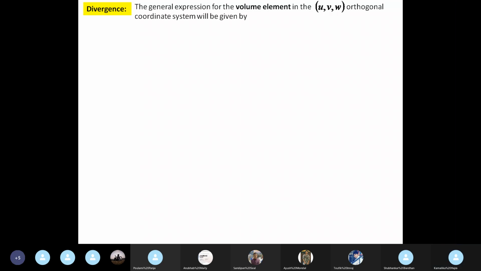Okay. Now we know that the general expression for volume element in the UVW system will be given by the product of the three length elements. So it will be f du into g dv into h dw. I denote it by d tau. I have another class, so I am going a little bit fast now, but this is only mathematics, nothing much to understand. So once you go through this, if you look at the slides by yourself also, and a